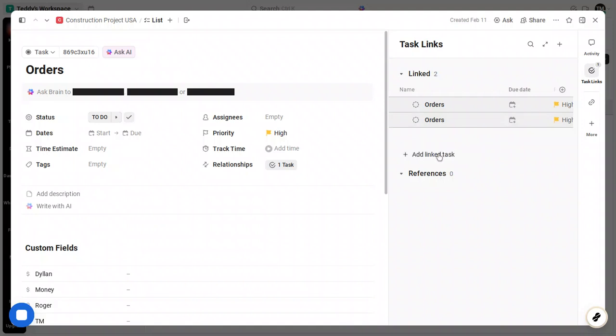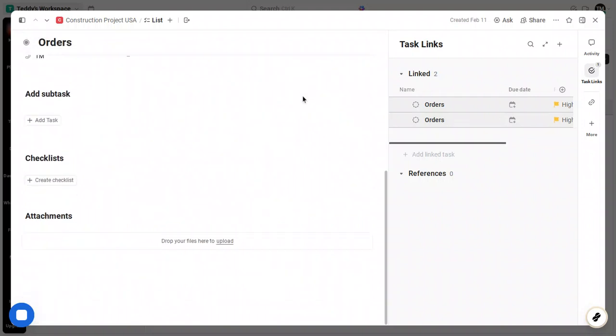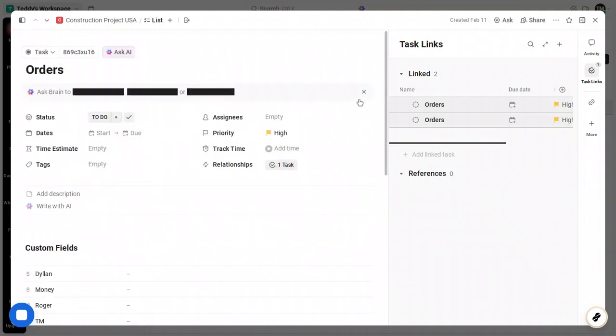At this point, your tasks are linked and ready to go. You've created a clean connection that keeps context close by, cuts down on back and forth searching, and signals to your team how work fits together. If you plan to manage dependencies, choose a dependency relationship type so it's clear what's blocking what. If your goal is simply to group related issues, stick with a neutral relationship like relates to. This distinction helps reports and dashboards reflect the reality of